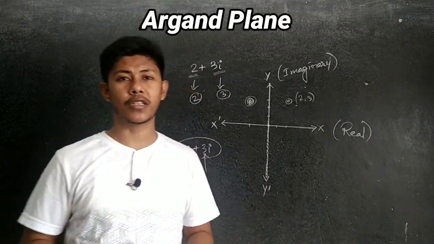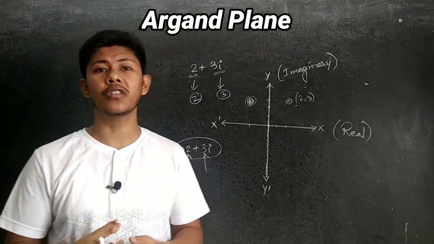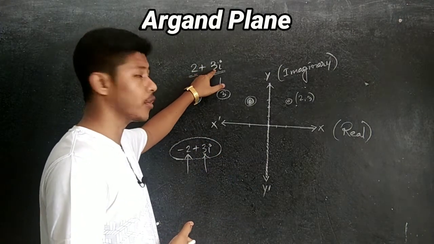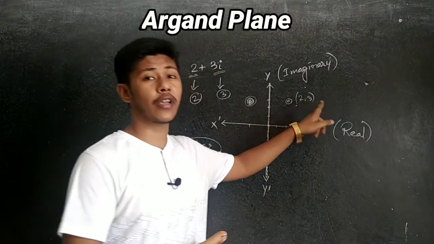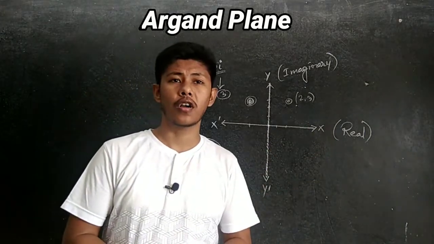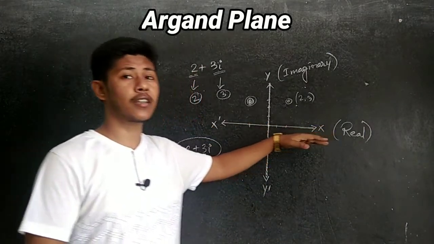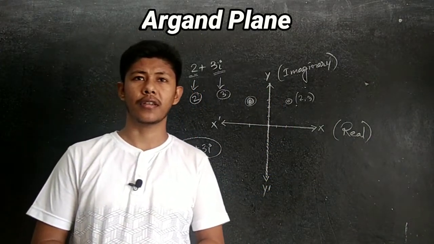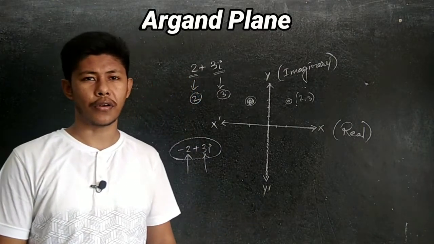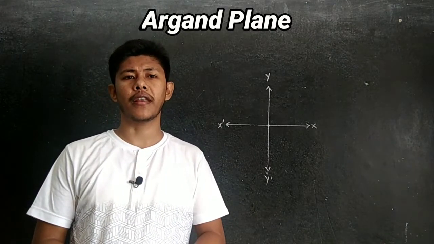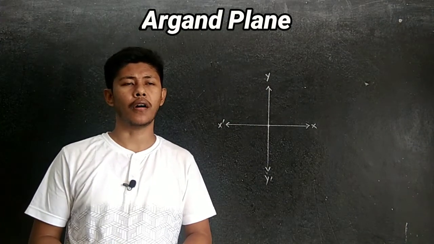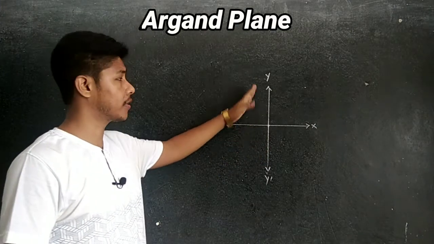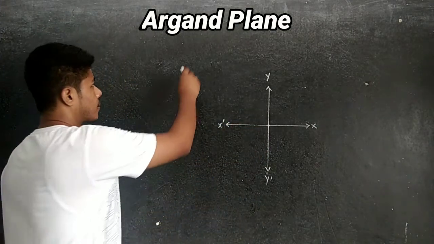A plane having a complex number assigned to each of its points is called, that means here one coordinate is 2, another is 3, so that's why we mention 2, 3, the Argand plane or complex plane. So the x-axis is the real axis and the y-axis we mention as the imaginary axis. Is it clear? Okay, now after the Argand plane, if any complex number we plot on the Argand plane, this one is the real axis, imaginary axis.